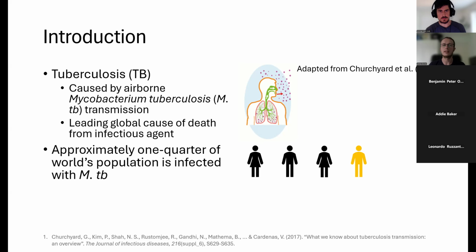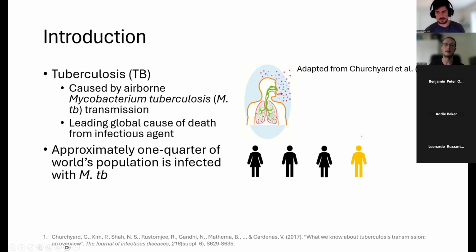Recent studies have suggested that this may be an overestimate in terms of how many viable infections there are that could potentially go on to develop into active disease. I believe that figure is closer to about 5 to 8%. But certainly it's estimated that at least 1 in 4 will have been exposed to MTB at some point within their lifetime. It's worth noting, though, that of those, about 90% will just have latent infection, so they won't develop symptoms, and they also won't be infectious and able to transmit the pathogen onwards. And it's only, fortunately, about 1 in every 10 infections that will go on to develop active TB disease